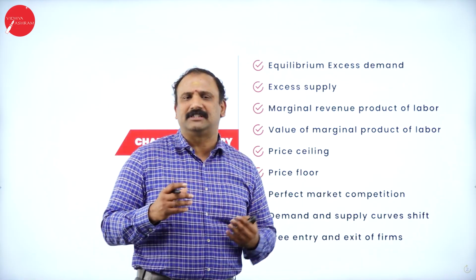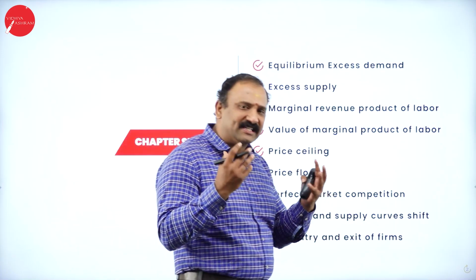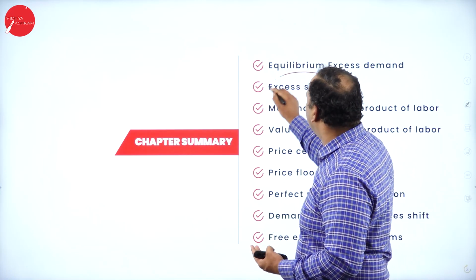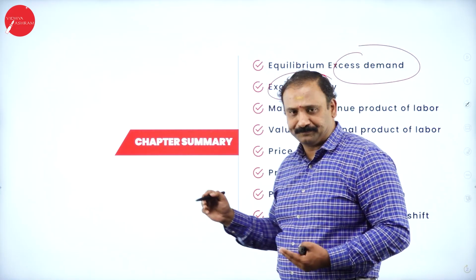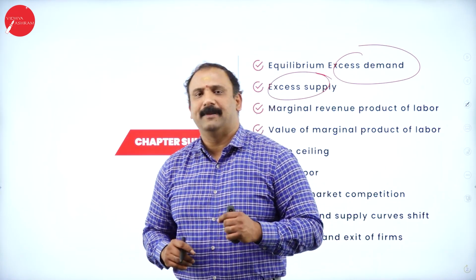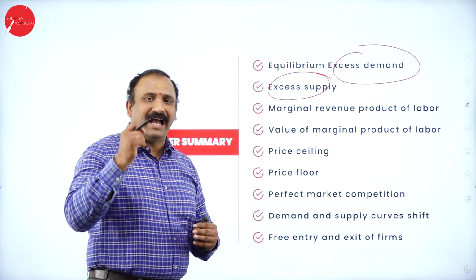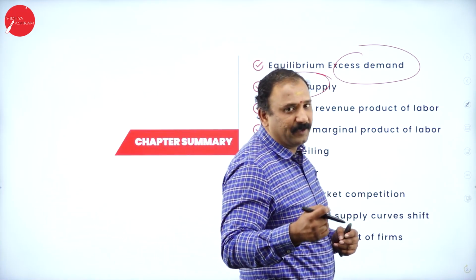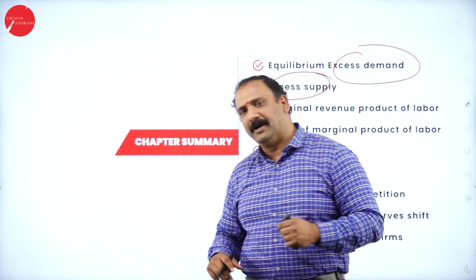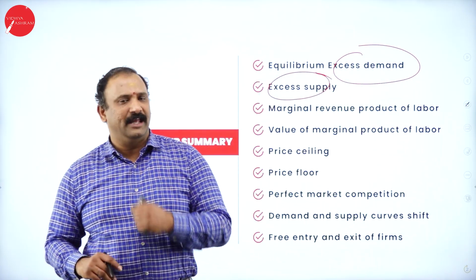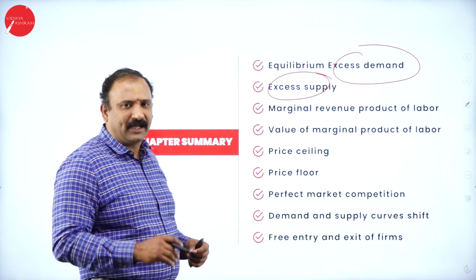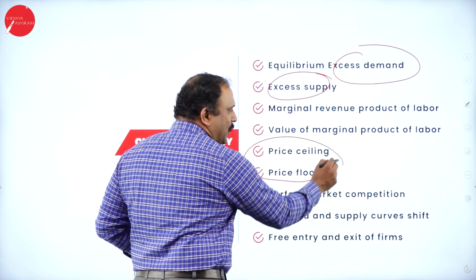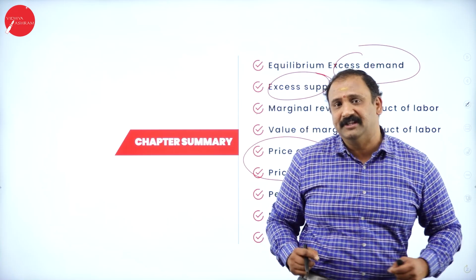Whenever we talk about supply and demand, there is a number in the mind, an estimation in the mind. But when you exceed it, we talk about the excess supply and the excess demand function. Let's talk about marginal revenue product of labor, which is about the income earned due to the production taken up by labor. What is that extra income earned by the production factor of labor here? Followed by the value of that. Yes, of course, we are going to talk about price ceiling and price floor, two important concepts that you have to learn in this chapter.